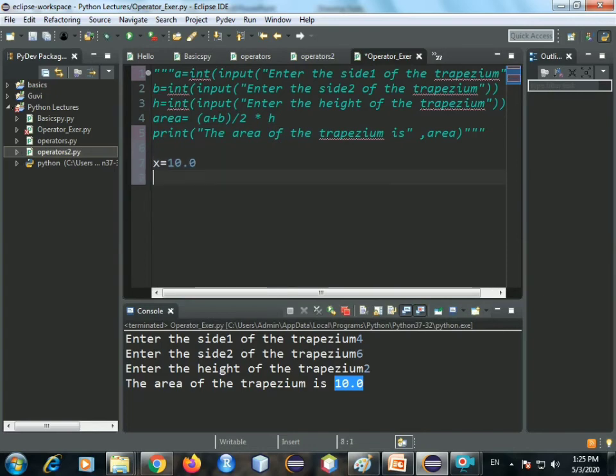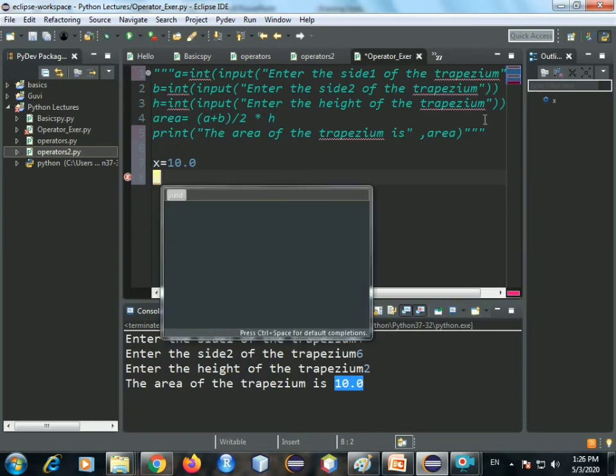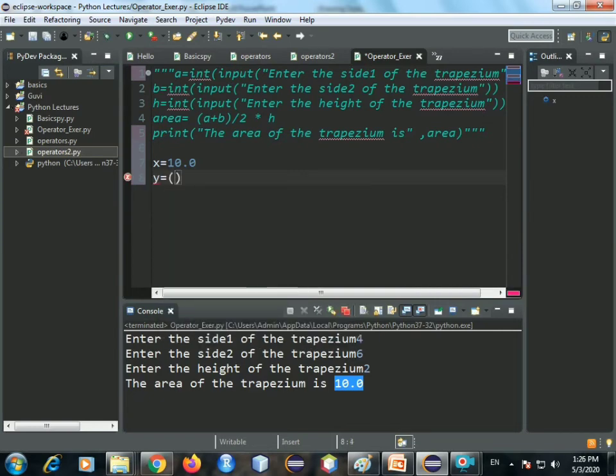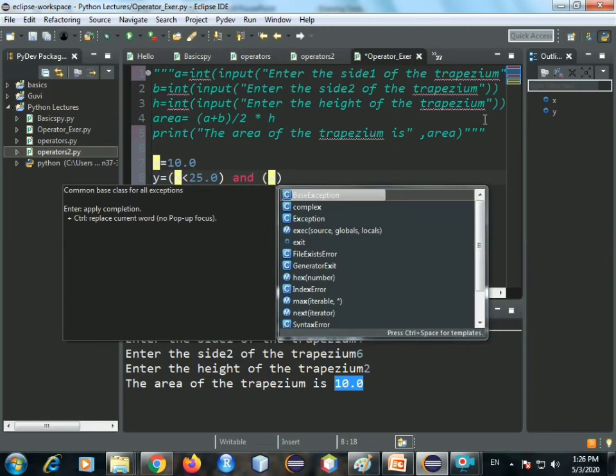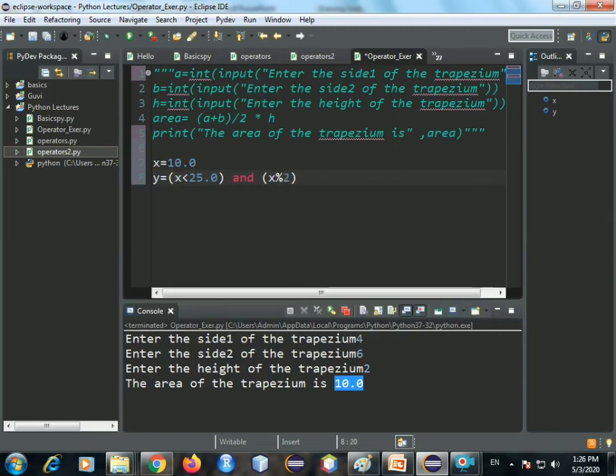Now in another variable, let's say y is equal to, the LHS will be x is less than 25, and RHS will be x mod 2 is equal to 0.